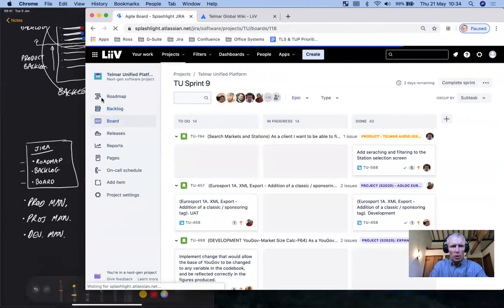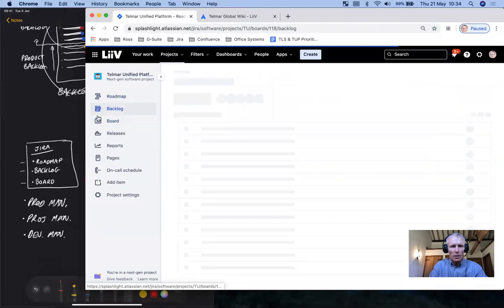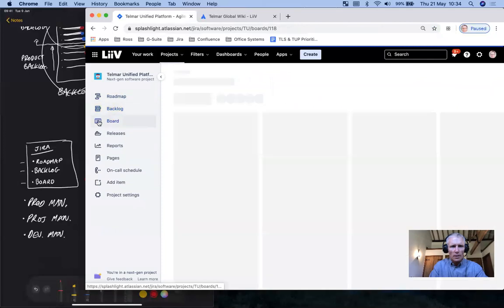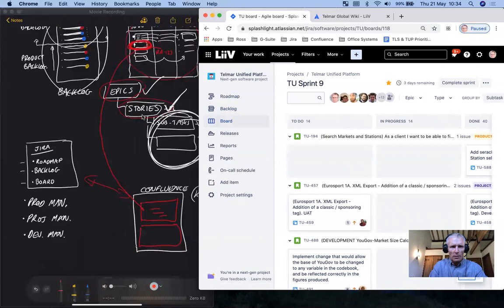Okay, so here we are: roadmap, backlog, and board. And you'll see how these things exactly relate to what I've been talking about on the sketches here.